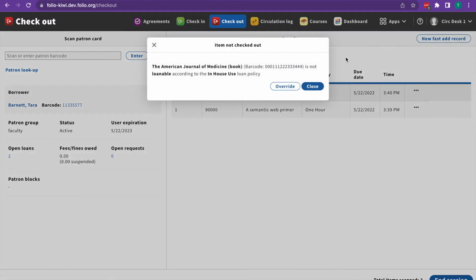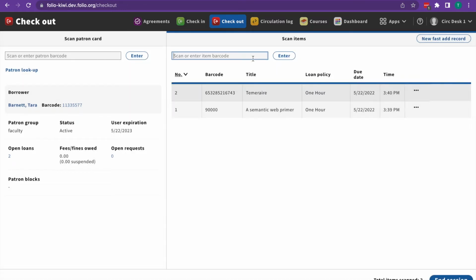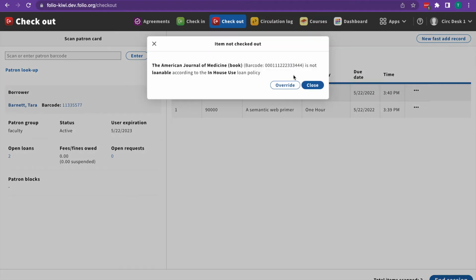The next kind of pop-up note you might see is an override circulation policy note. You'll see this type of note when an item wouldn't normally circulate to this type of patron, or it may be non-circulating overall. You'll have two options. You can either close to avoid checking the item out entirely, or you can hit override,